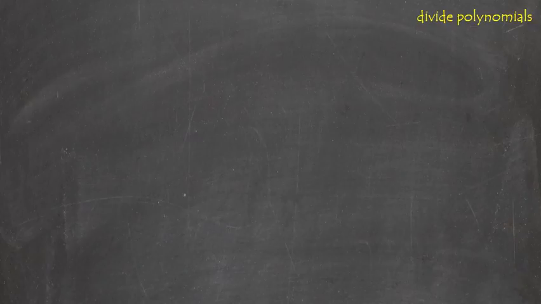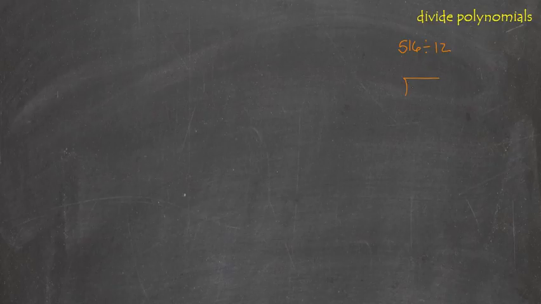All right, so now it's time to divide polynomials. And dividing polynomials is almost just like dividing integers. So let's do a divide integers problem and remind ourselves of the process, because we're going to mimic it when we start to divide polynomials. So if I have 516 divided by 12, I'm going to set it up in a